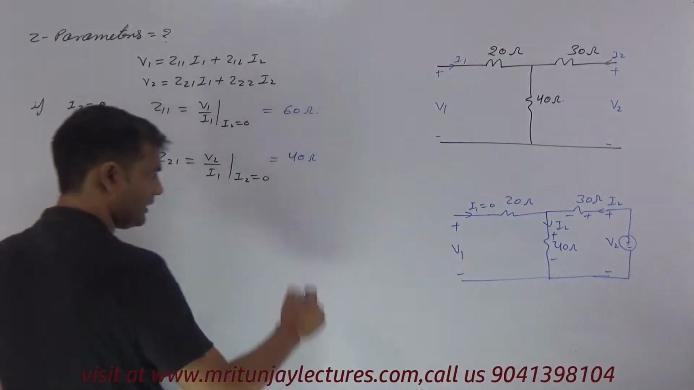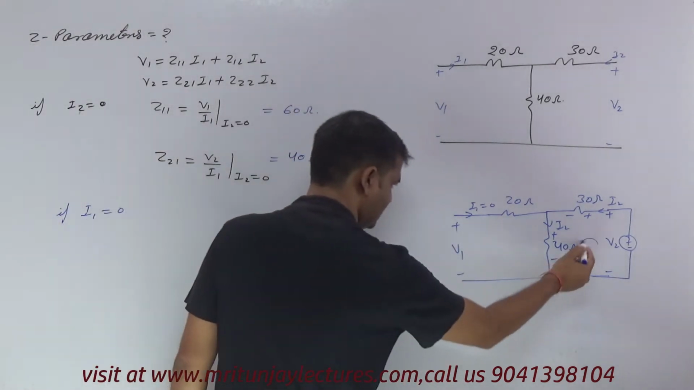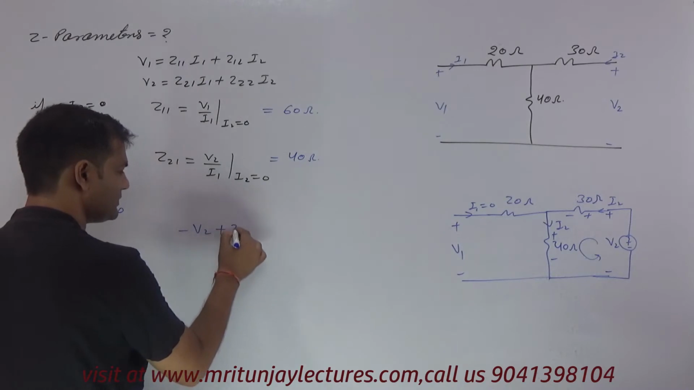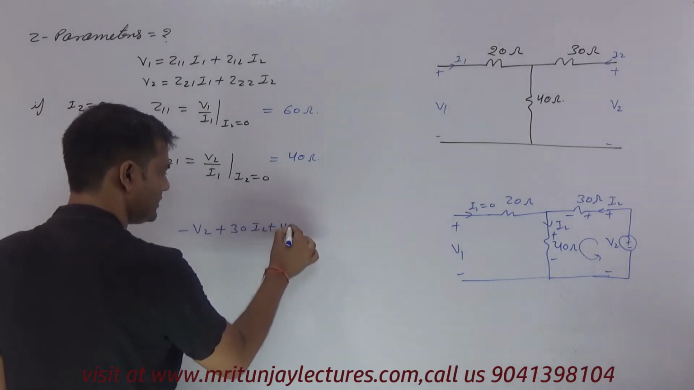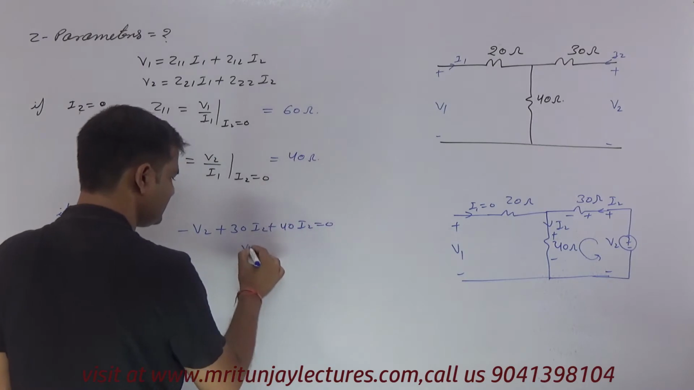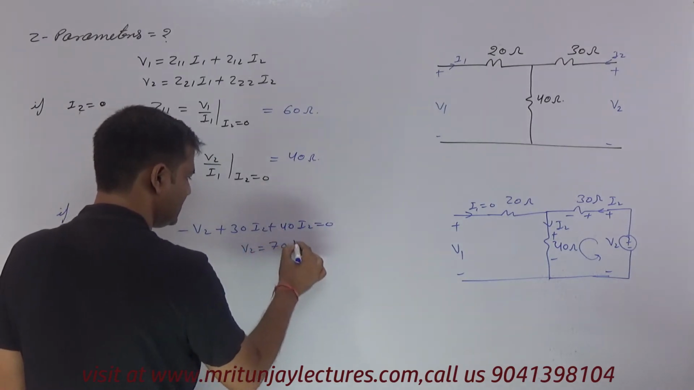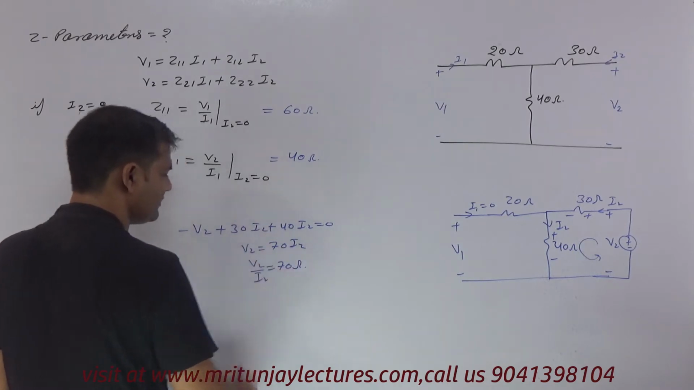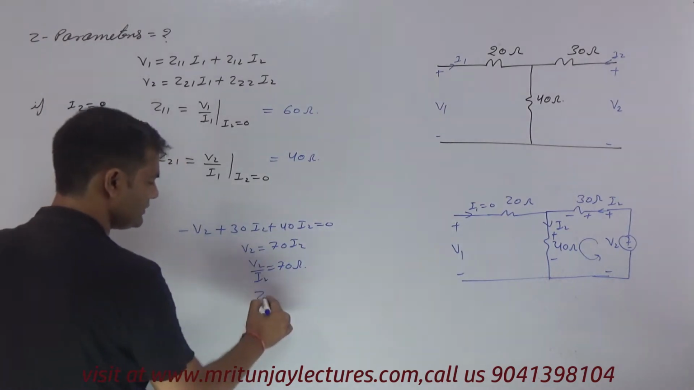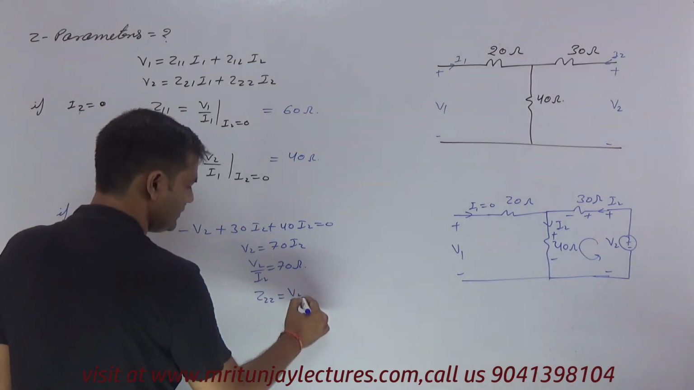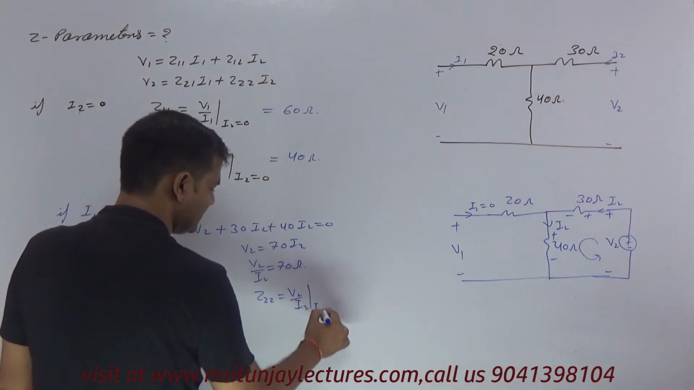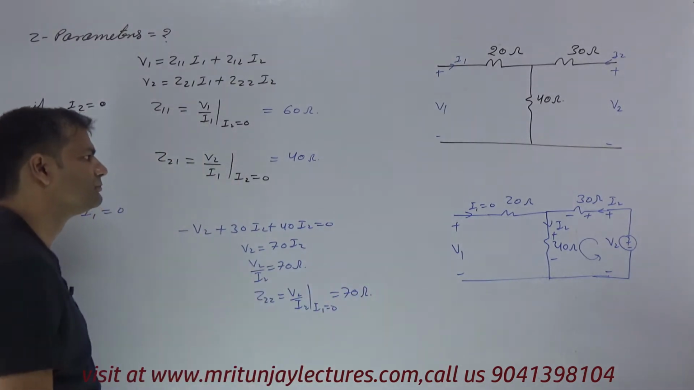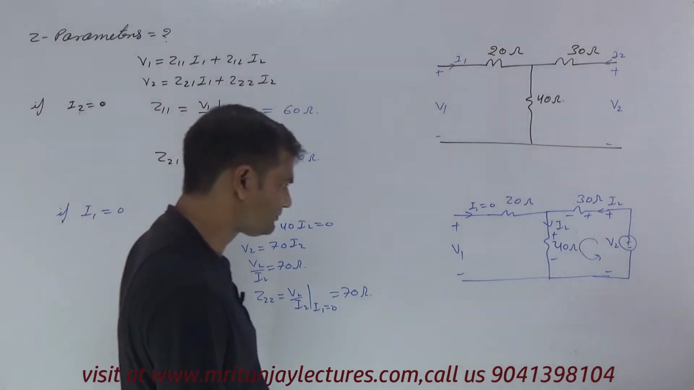Apply KVL on loop 2, on this loop. So minus V2 plus 30 I2 plus 40 I2 is equal to 0. So V2 is equal to 70 I2. So V2 by I2 is equal to 70 ohm. Z22 is equal to V2 by I2 at I1 equal to 0, that is 70 ohm. Very clear? Now next target,